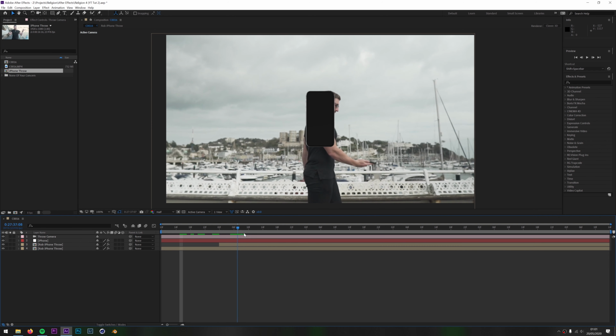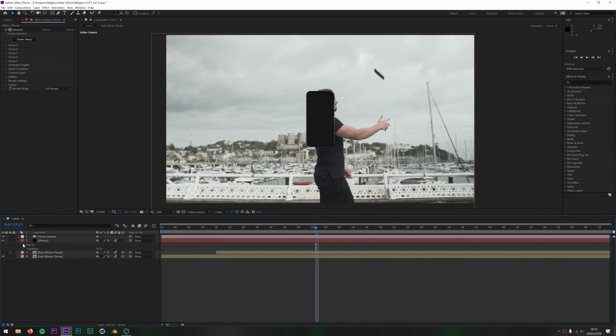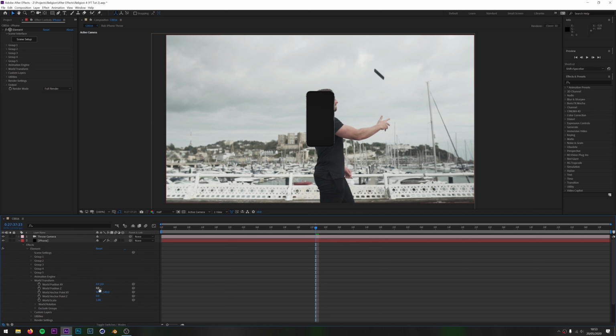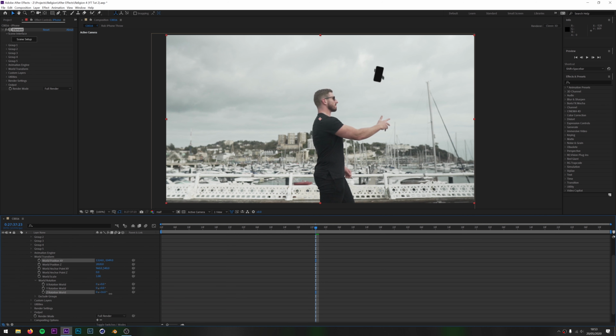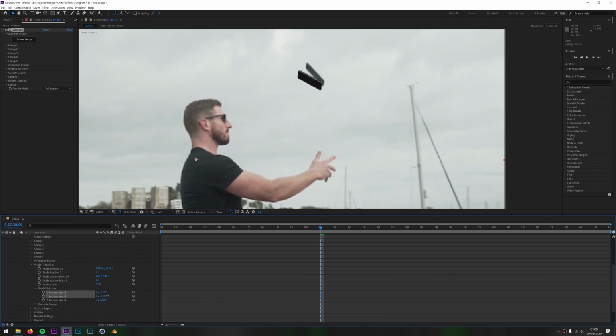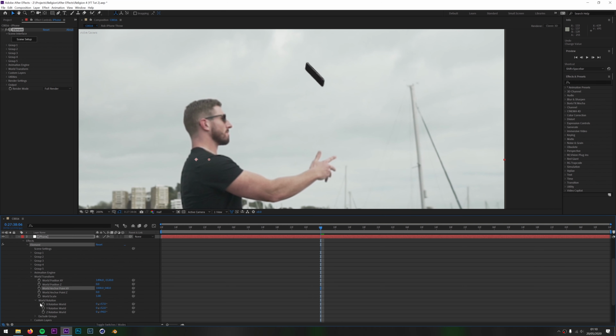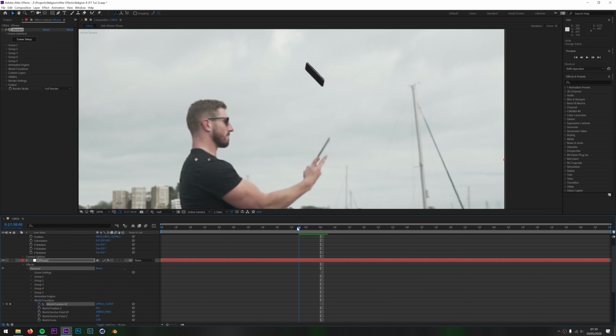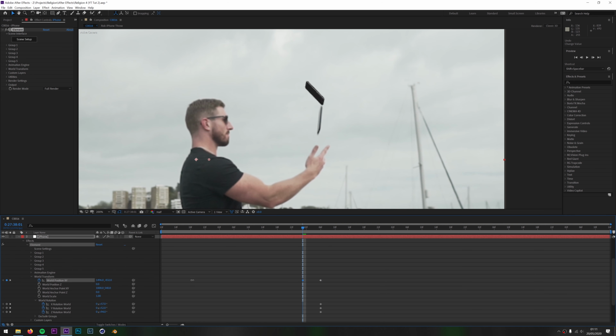Turn off the mask. Find the part where the phone's in the air, then go down to the world settings on the Element effect. Mess around with the rotation and the position of the phone until you get it to match up, but trust me, you're going to get a headache doing this because I certainly did. Turn the layer on and off to make sure you're golden, then hit some keyframes up. Go to where the phone leaves the hand and then add some more keyframes. Then just carry this process on all the way up.